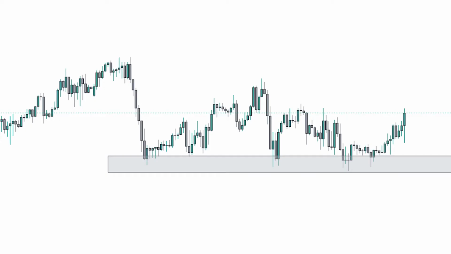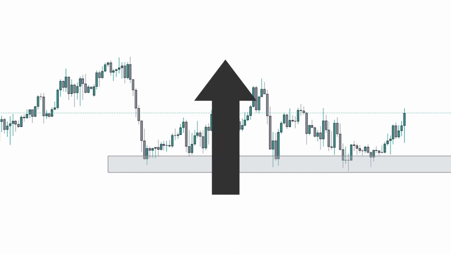Although order flow is hard to quantify in the Forex markets, what we need to be aware of is how this concept of supply and demand can be seen in the market and the different methods that can identify buy and sell liquidity in the markets. Let's take a look at this example here. As you can see, prices are at a level of support and a lot of traders will be looking at this area to go long and buy the asset. If at this point the number of buyers, or strictly speaking the total volume of buy positions entering the market at this point is greater than the sellers, then price will just move up.